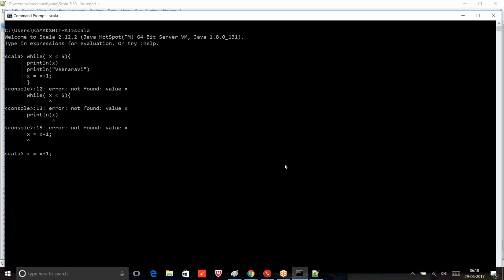I have closed the window, right? So when I close the window, the previous value whatever I have created won't be there, no? So it'll print 1 2 3 4. So it's